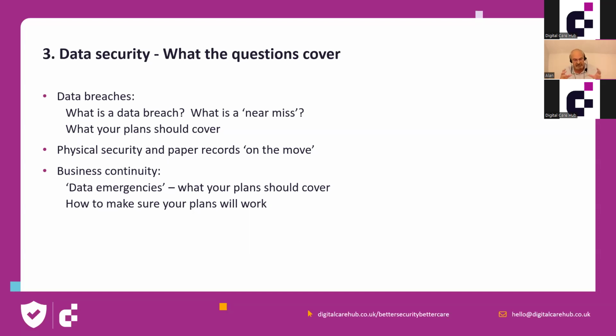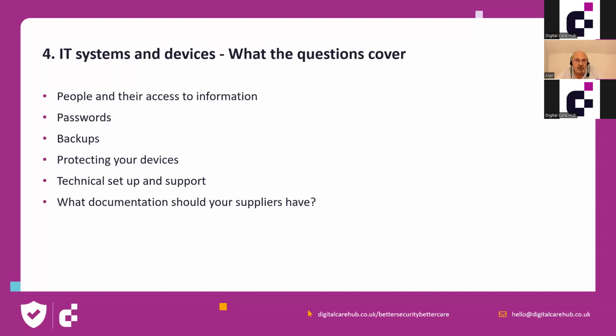Physical security is about the building security and where you keep paper records, locked filing cabinets, etc. And business continuity is about making sure that you've got elements within your business continuity plan to cover should there be a problem with systems and processes that might be digital, etc. So if we move on to section 4,